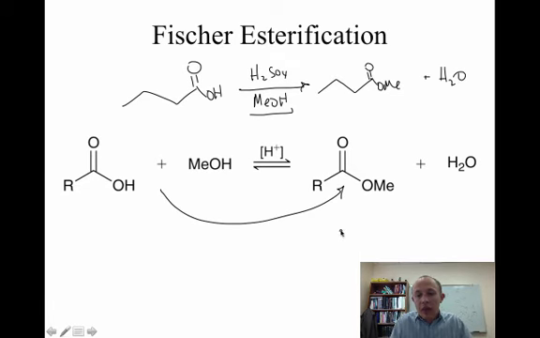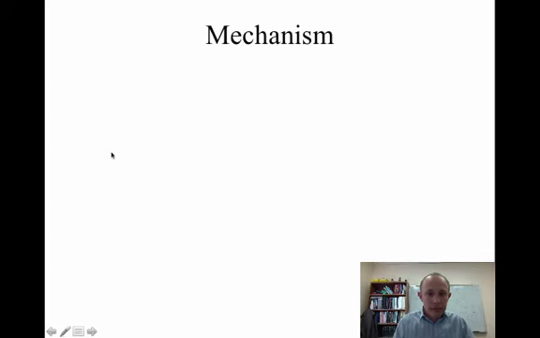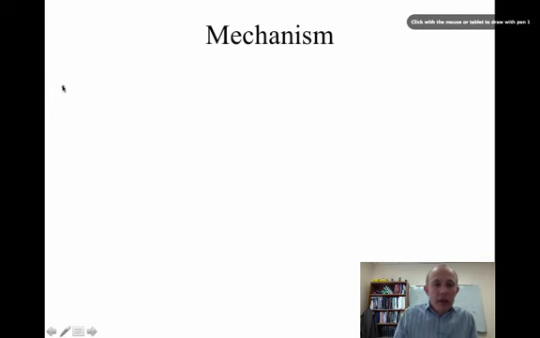And then what we're going to see when we talk about reactions of esters is that you can take an ester with water and an acid and push the equilibrium back in this direction if you use water as a solvent. So just like other reactions that we've seen, if you use methanol as a solvent, we're going to push the equilibrium in this direction. If you use water as a solvent, we're going to push the equilibrium back towards the carboxylic acid. So what's the mechanism of the Fischer esterification? Think back